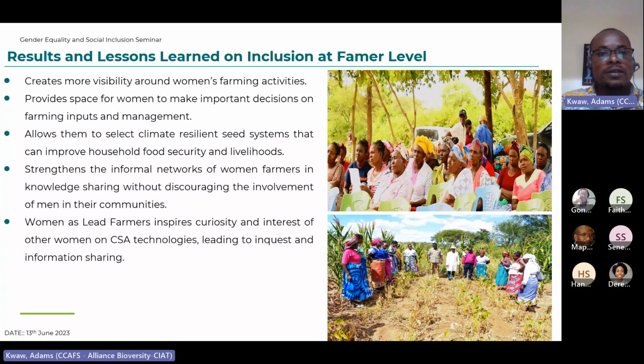First, according to the women, it helped create visibility around their farming activities at the community level, because it's not because of our interventions that they started doing farming. They had been doing it, but they had not had the opportunity to showcase their farming activities to other farmers in the community. So for us, nominating them as lead farmers and inviting additional farmers to visit their farm site for learning helped them get visibility for the activities they are doing, and also let the men know that the women are good in farming.